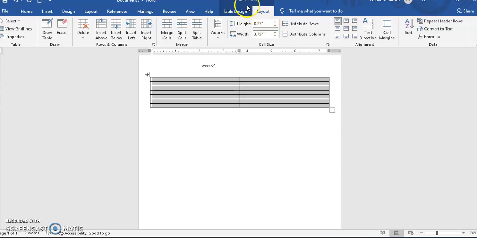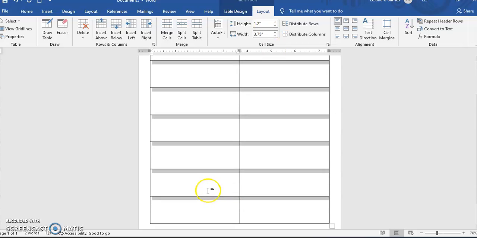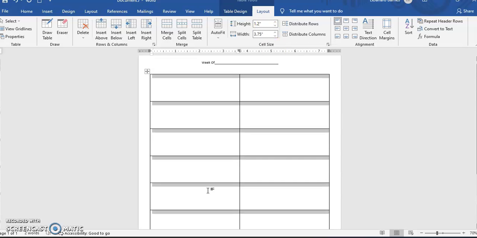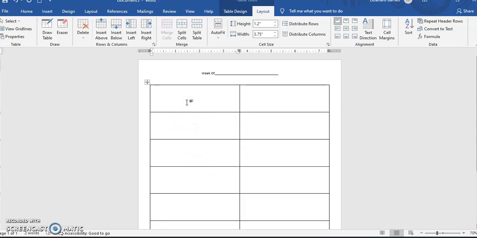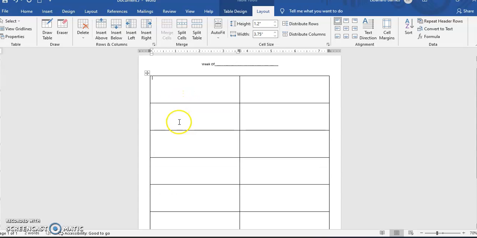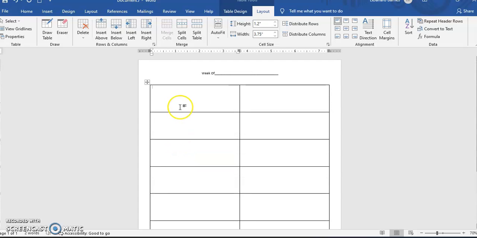So I'm going to go to the Table Tools menu. I'm going to go to Layout. I'm going to change my height to 1.2. I think that's good. Yeah, 1.2. If you change it too big, then it'll start to carry over onto another page. All right, so this side is going to be my days of the week. So I'm going to go ahead and type in Monday,